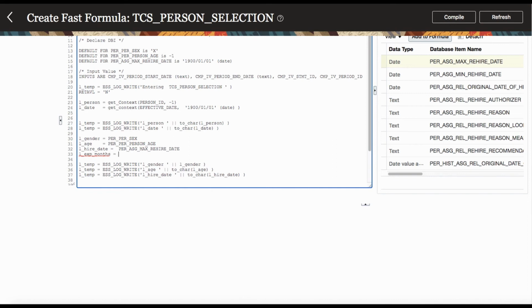I can divide the dates. Basically, I can take the current effective date, the current date minus hire date, divided by 365. That gives a year, or I can divide by some 30-something to convert into months. There's a function available, months between. You can look at the document to see the functions. That's MONTHS between, say,